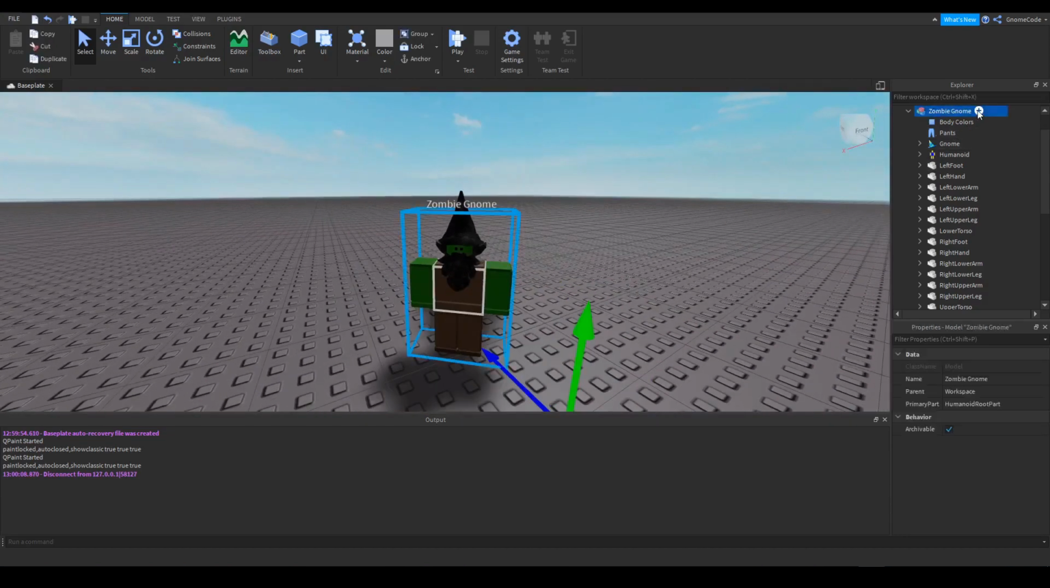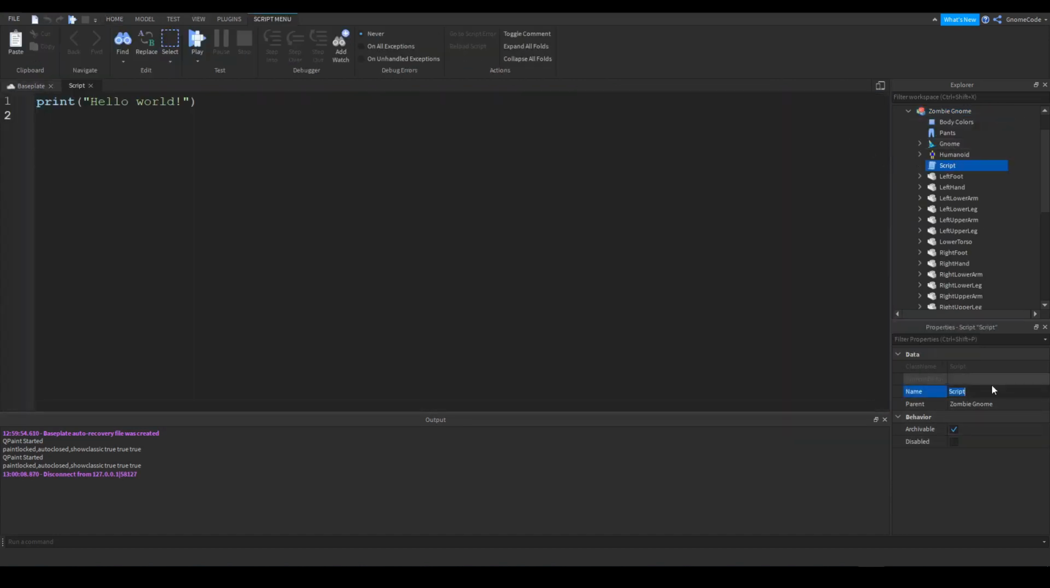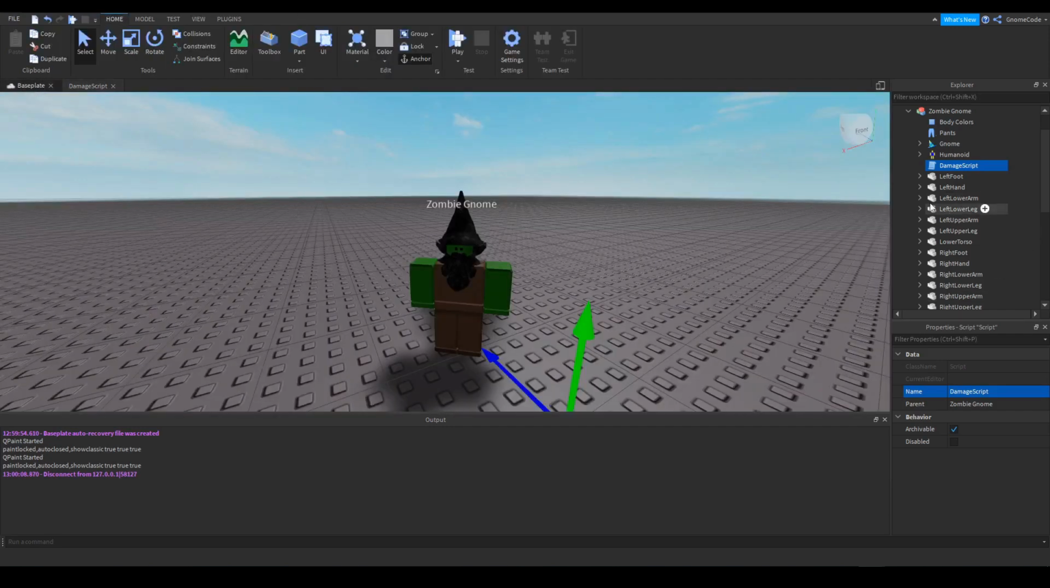So we'll create a new script, and we'll name it damage script, so we know what it is. And then in here, we'll create a function. Now, when we've done our traps in the previous videos, we just had a single part, and